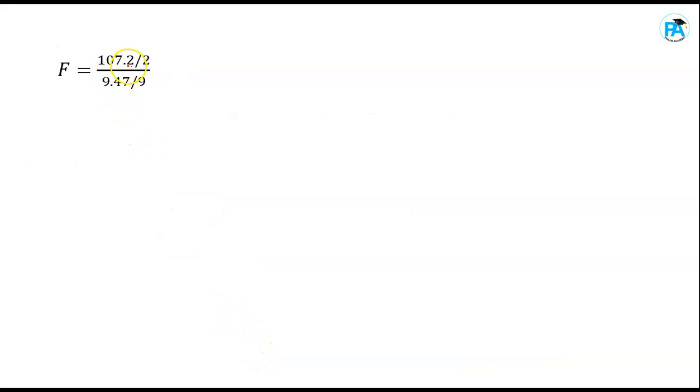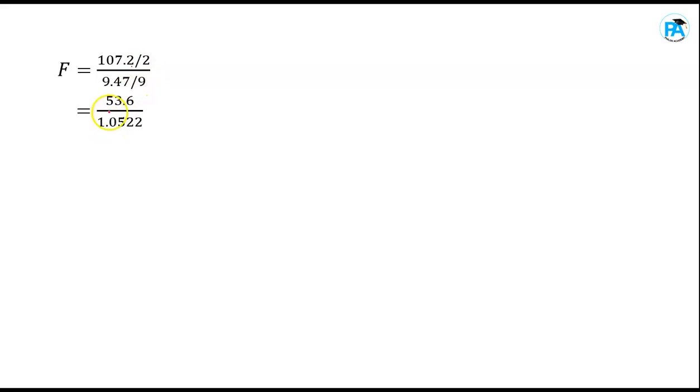So 107.2 divided by k minus 1, which was 2, the degrees of freedom of the numerator, isn't it? All divided by the sum of square error, which was 9.47, divided by n minus k, which was 9. Do you get it? So when you put this on your calculator, or when you just solve the numerator separately,